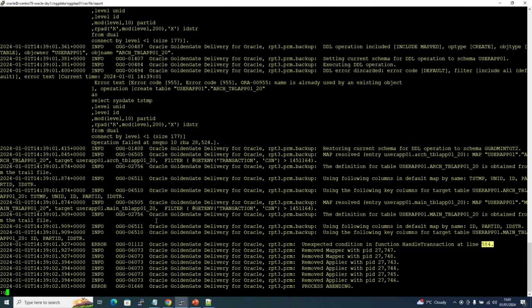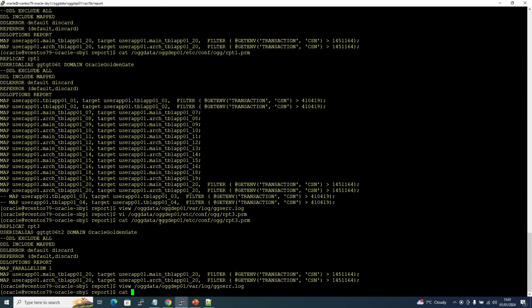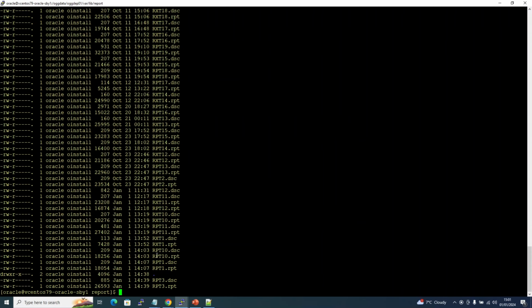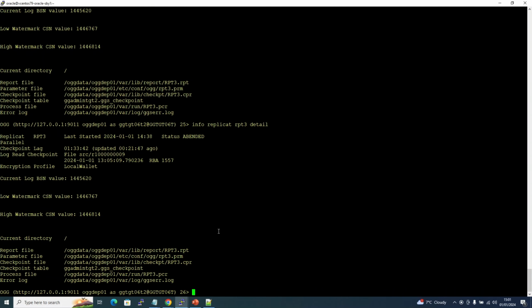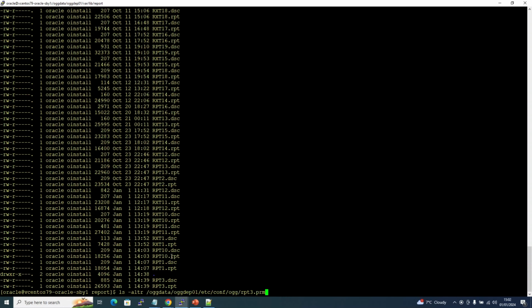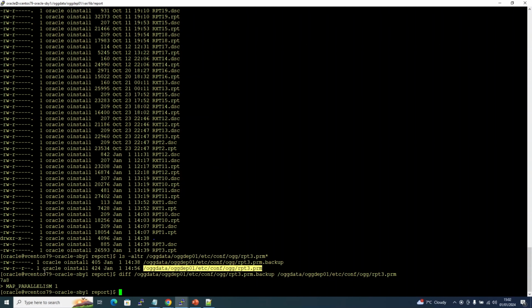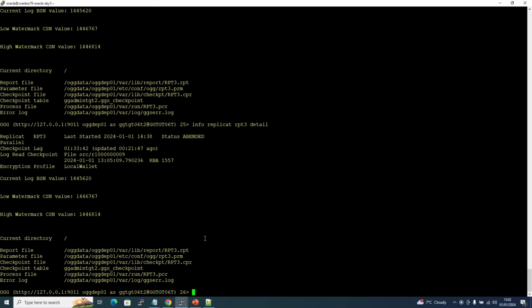Alright, so this map parallelism became 1. I reduced this to 1. Earlier it was not 1. I can show you that if you wish. If I do a diff between this param backup and this one, you will see this map parallelism 1 is a unique value now. Let's try starting the replica rpt3